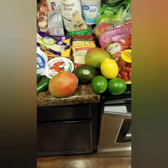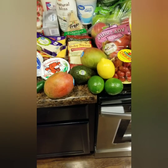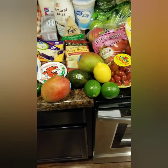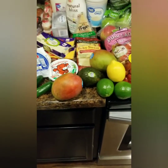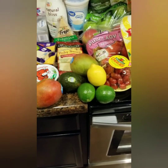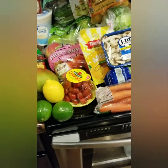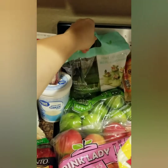And then for veggies and fruits, we did a lot of frozen and a mix of fresh as well. It's kind of hard to stock up on fruits and veggies because the stuff spoils, so we didn't get too much of that. Plus, we still have stuff in the fridge, and the Aerogarden's producing lettuce, so we should be okay on that. But we just got a couple jalapenos, a couple mangoes, an avocado. I was going to get more, but they didn't look very good. Got some limes and a lemon, a little thing of cherry tomatoes, a couple bags of apples, these little snacking